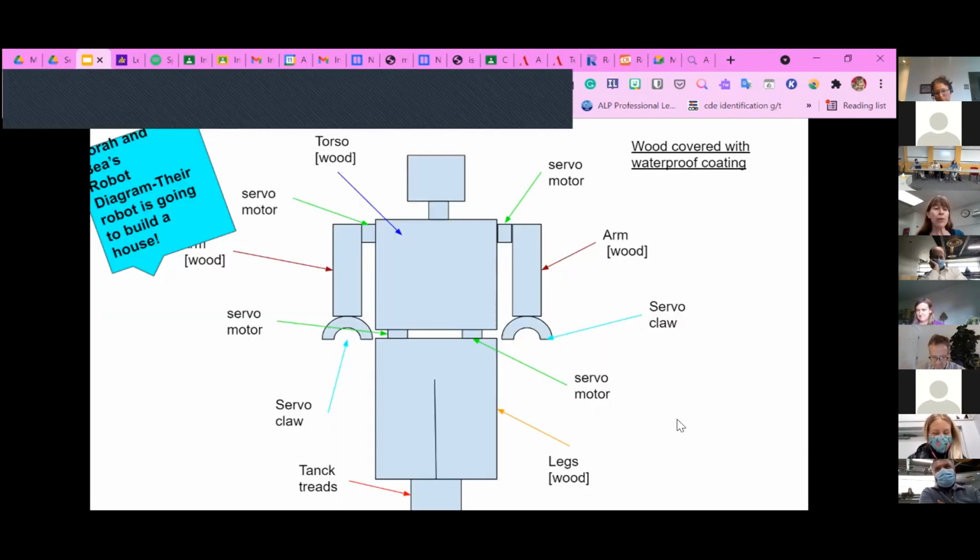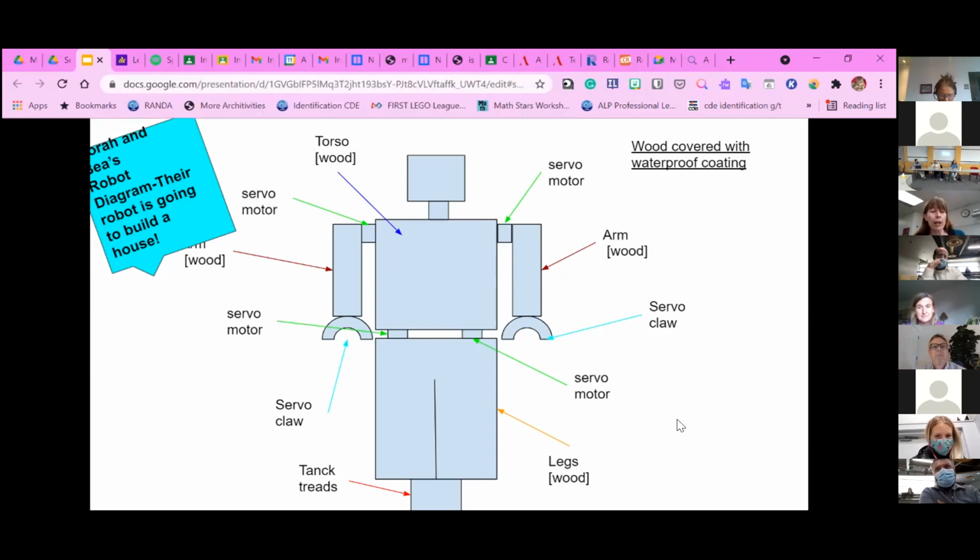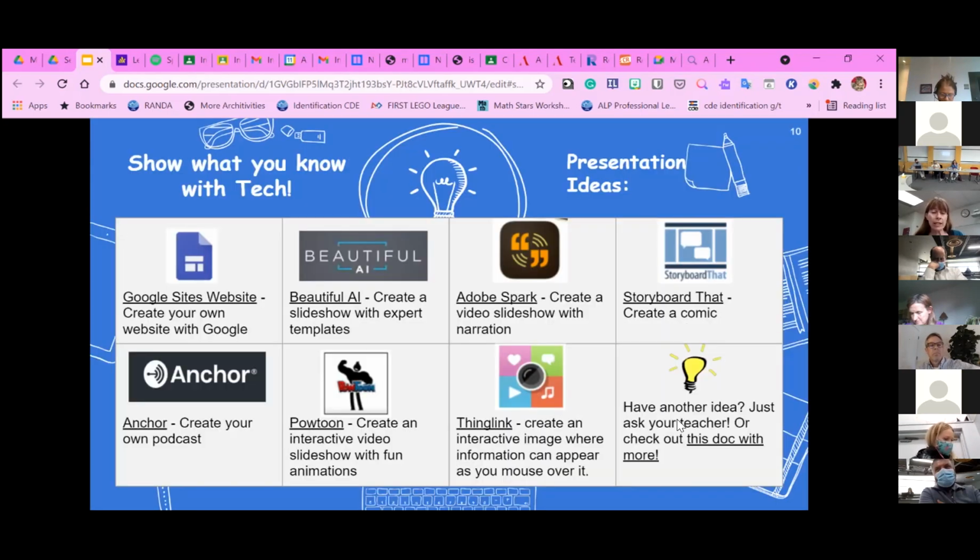And then Nora and Bee are actually creating a robot. Nora's dad is very involved with her creating this robot. And so she's showing us a diagram of all the different parts of the robot that she and Bee are creating. And then finally, this is just an example of what I'll put on the Google Classroom for the kids,